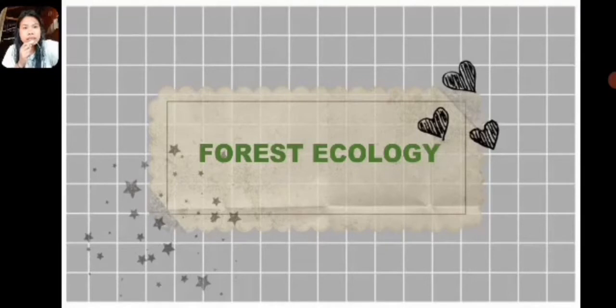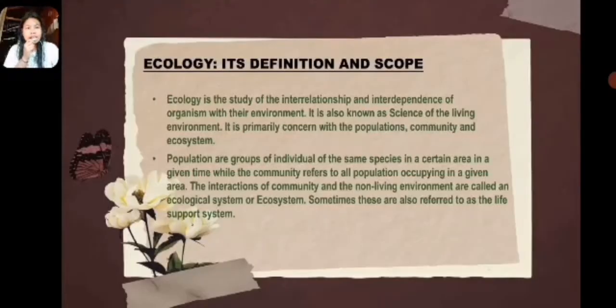Then the next is our topic for today: ecology, its definition and scope. Ecology is the study of the interrelationship and interdependence of organisms with their environment. It is also known as the science of the living environment. It is primarily concerned with the populations,